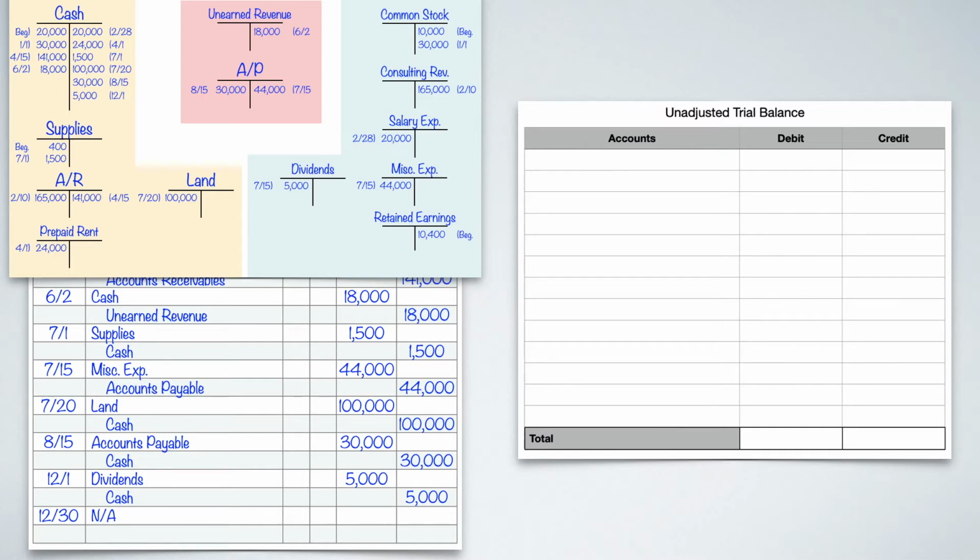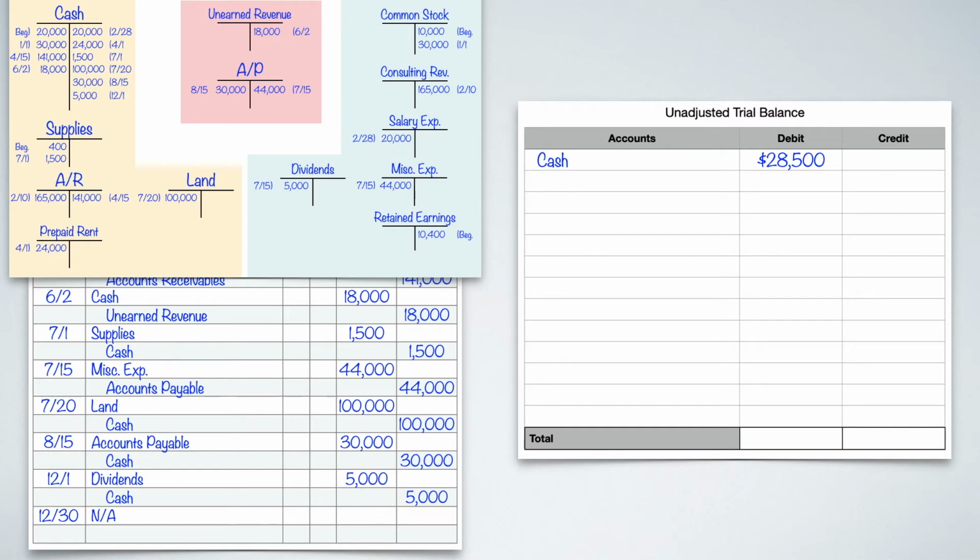What you do is you add up all of your debits, and when you do that, you should get a total of 209,000. Then you're going to add up all of your credits, and if you do that, you should get a total of 180,500. Then you subtract the two, and that will give you a difference of 28.5. And it'll go again on the debit side. So on our trial balance, let's start with cash. Under the debit, because this is a debited account, this is where my debit goes, I'm going to put 28.5. All right, let's go to the next one.